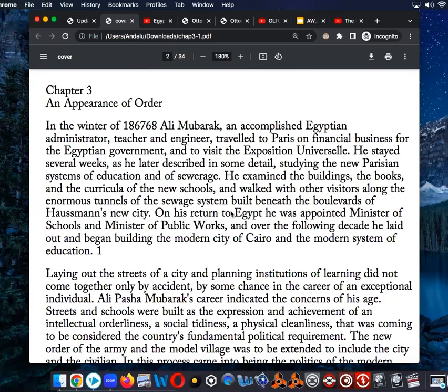And it says here, on his return to Egypt, he was appointed Minister of Schools and Minister of Public Works. And over the following decade, he laid out and began building the modern city of Cairo, the modern system of education. So if you go to Cairo, you can see that there's the old districts, Old Cairo, and then those old districts, when you step out of them, they blend into the newer districts, and the newer districts are in downtown West al Balad, and there's Masri Gedida, New Cairo, there's Medinat Nasr, there's Maadi, there is